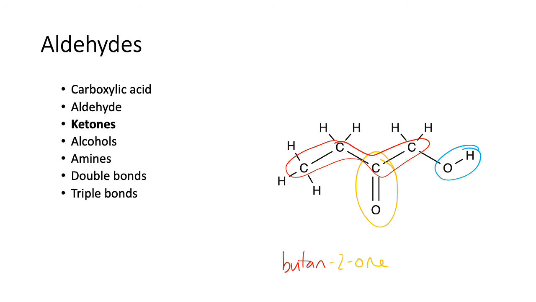Okay, and that alcohol group will give it a prefix of hydroxy. And where is it? It's on number 1 carbon. Okay, number 1. So it's 1-hydroxybutan-2-one, and even though the ketone got priority in numbering, it just so happens that the hydroxy group is closer to that end. All right, so that's that. That's how you name and draw